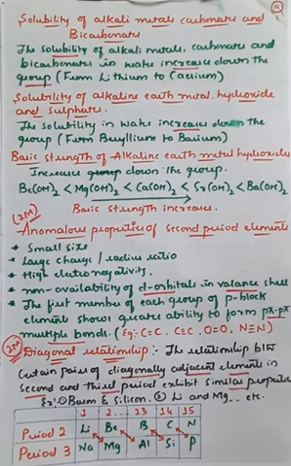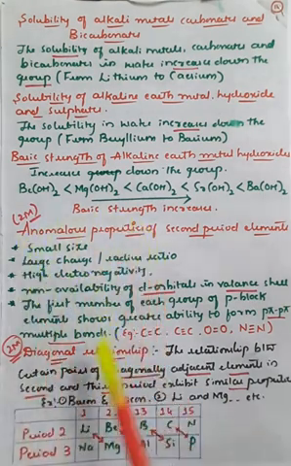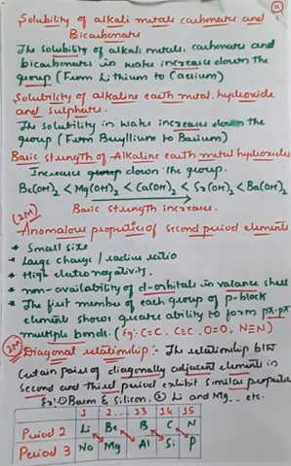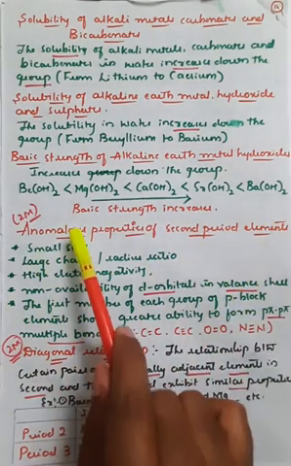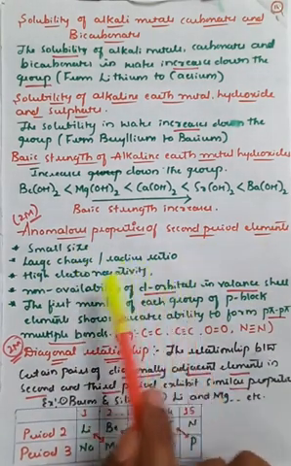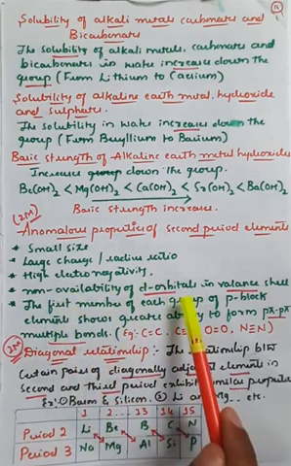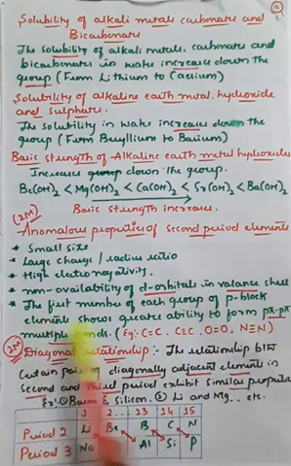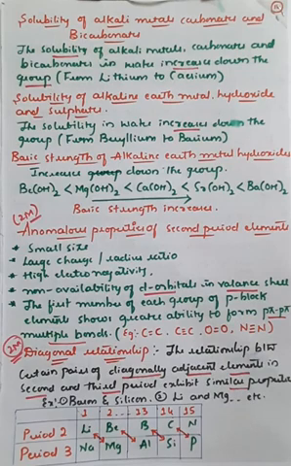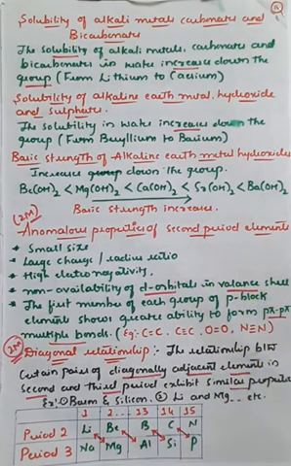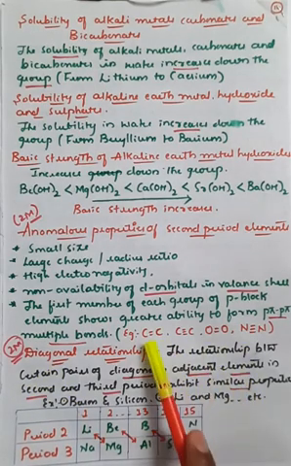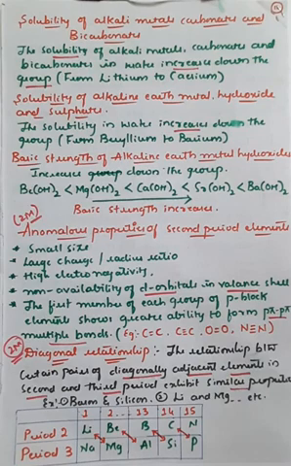And the most important and last part in that chapter is anomalous properties. Anomalous properties are the properties which are different when compared with other elements in the periodic table, or you can call them special properties of second period elements. One is smaller size, larger charge or radius ratio, high electronegativity, non-availability of d orbitals in the valence shell, and the first member of each p block group has the capacity to form multiple bonds, which means it can form more than one bond with itself, that is, a double bond or triple bond. That is considered an anomalous property.